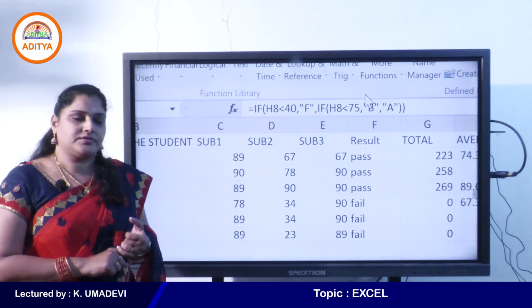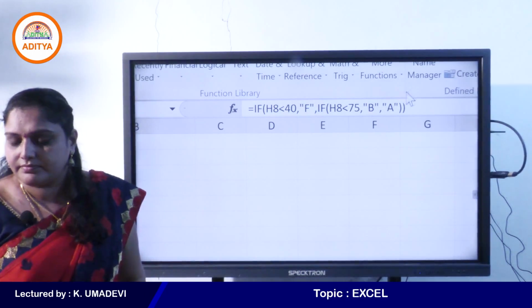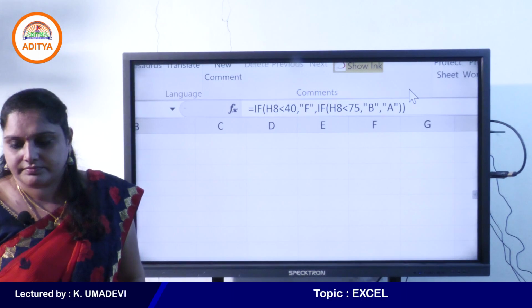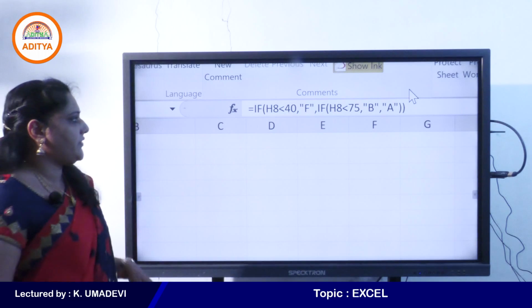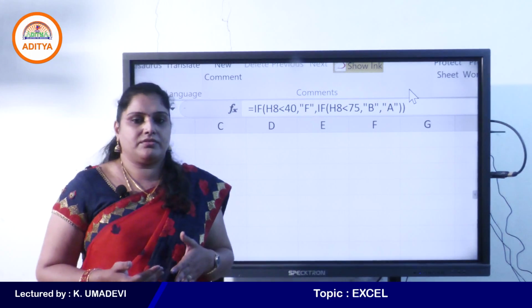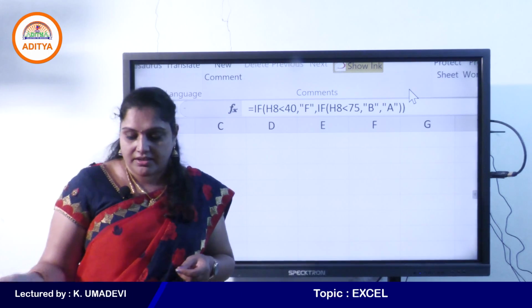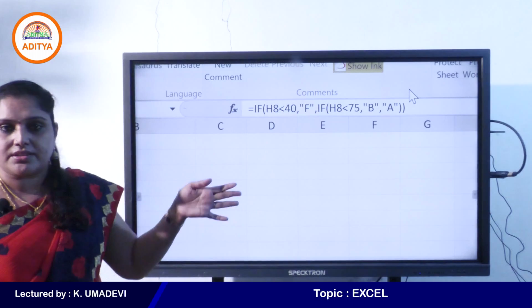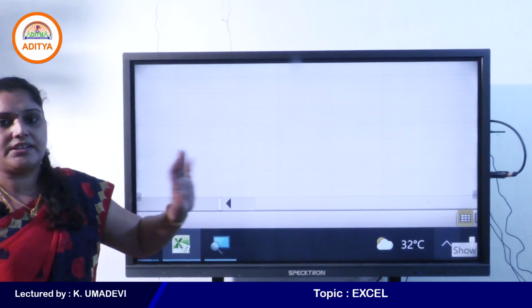Okay. So for the table, right, students? Okay, students, with this we have done with the most important functions. We have different types of functions: mathematical, statistical, text, logical, date and time, etc. For example, date and time functions are used to work with date and time.